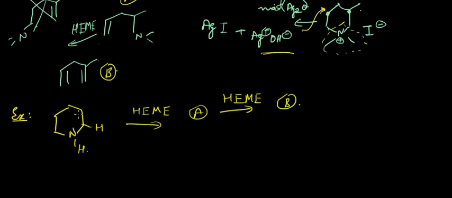Okay, so just this has to be answered: which alpha hydrogen would be removed by OH minus? Would it be this one or would it be this one? As you can see, the partial negative charge is more stable either on this or on this. Obviously on this it is more stable, hence the A compound would be something like